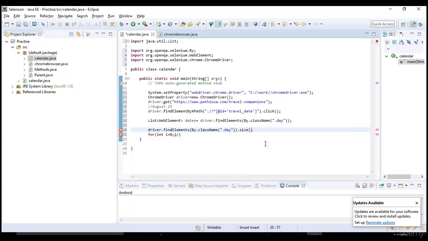This gives all the items which are present with the class name day. I'll say int count, so i equals 0, i less than count, iterate till that number, i plus plus. Perfect. Now this is my for loop, and let's go to each and every item in this list.